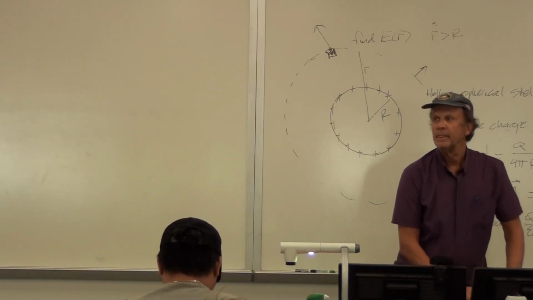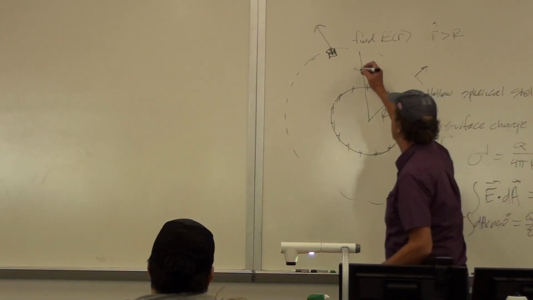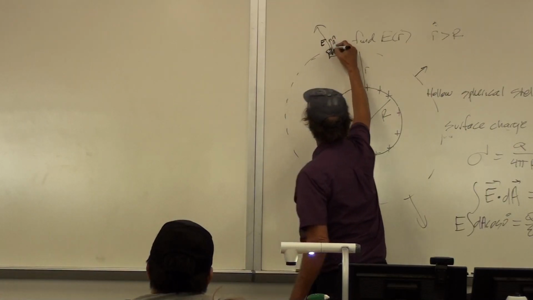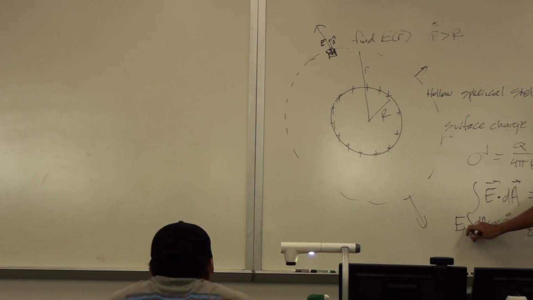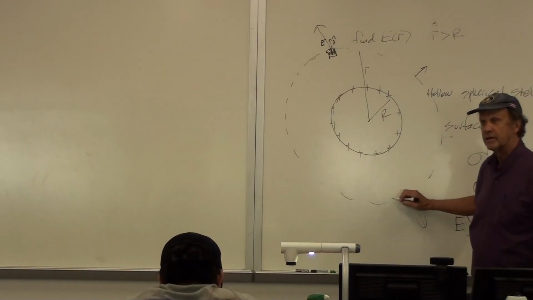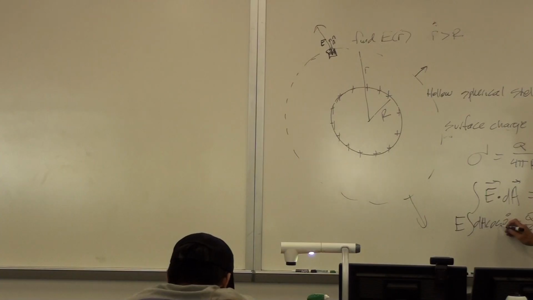Yeah. Why is cosine 0 degrees again? Because we're looking at the area, each little d area has a little normal. And if we look at all of them, just like we did before, it's the exact same problem as before. They all point in the same direction as E. So then you can just take the E out as a constant. It's not a constant as a function of R, but at a constant R, it's a constant. And so at a constant value of R, we can integrate the area. And we get 4 pi r squared for the area